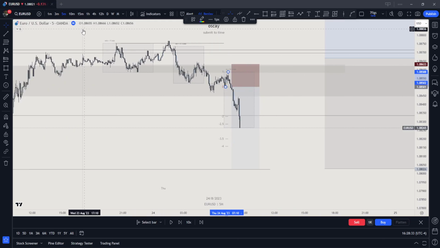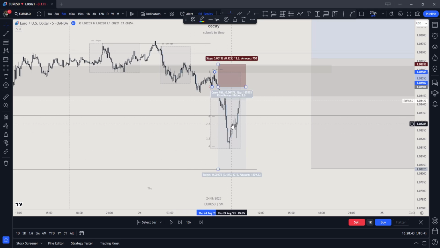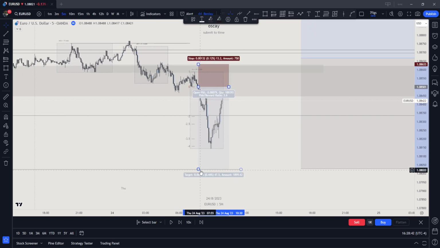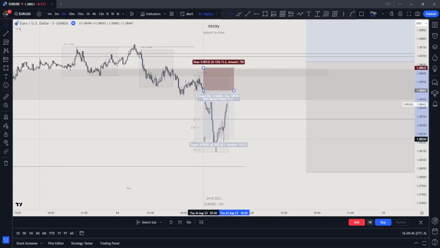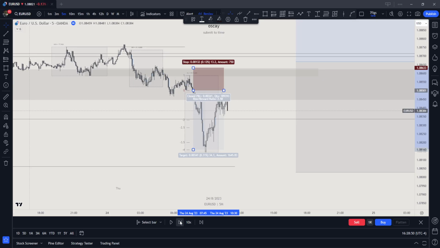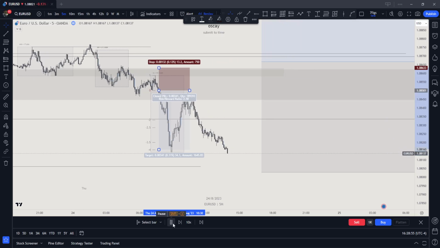So we are inside of a H1 breaker. I would hold this to external range liquidity. Like, obviously not the full position. I would cut good profits at 1 to 2, like 50% off. Then maybe at 4 standard deviation, some profits off as well. But my aim with this trade would be to hold it to external range liquidity.